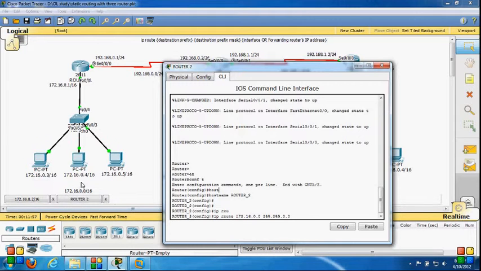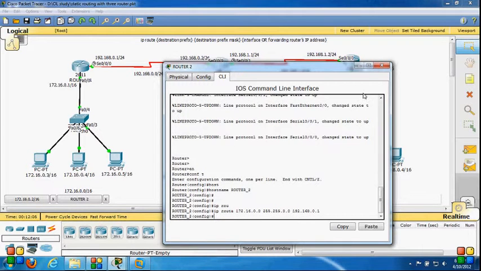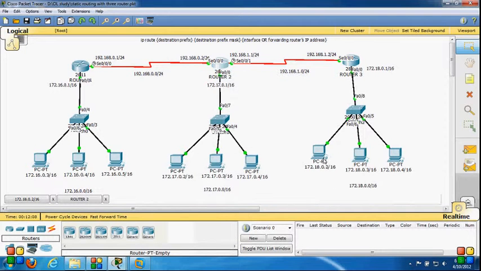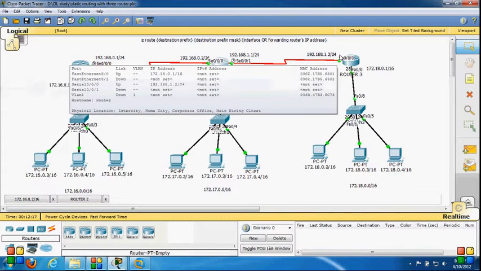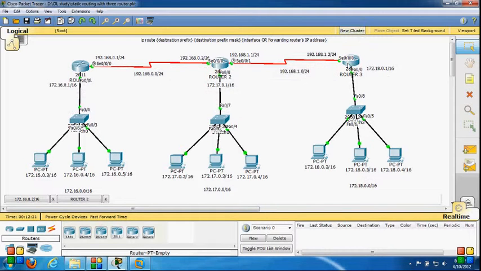So I have created one entry, and one more entry I have to create. This time my destination network is 172.18.0.0, and my next hop would be 192.168.1.2, because if I want to reach this network, I have to go to router 3's serial 0/0 interface, which is 192.168.1.2.